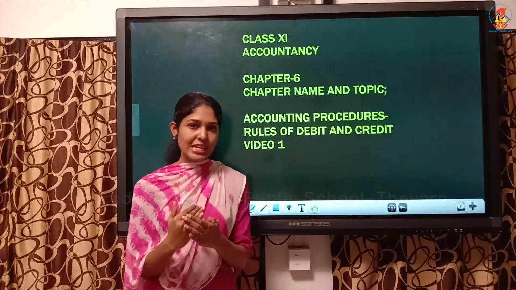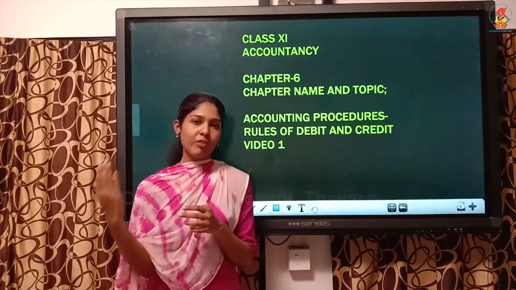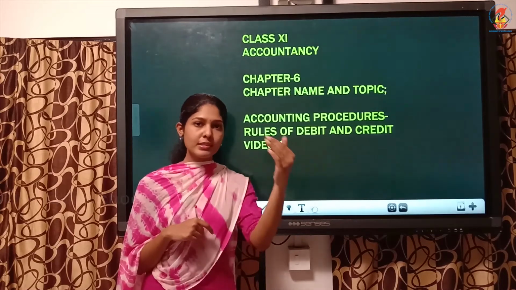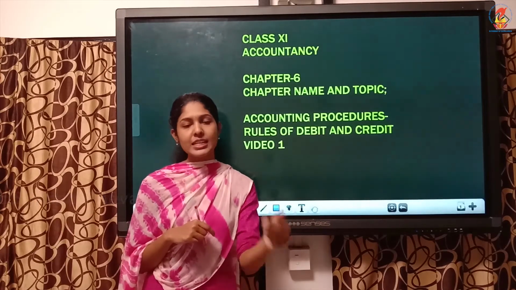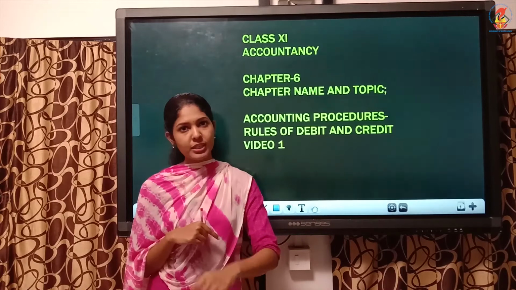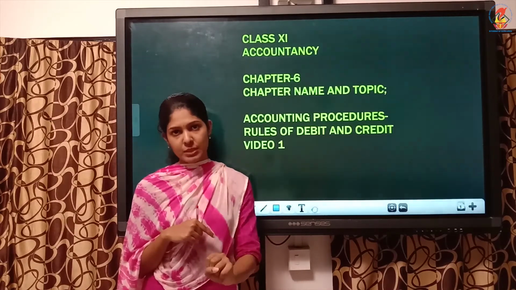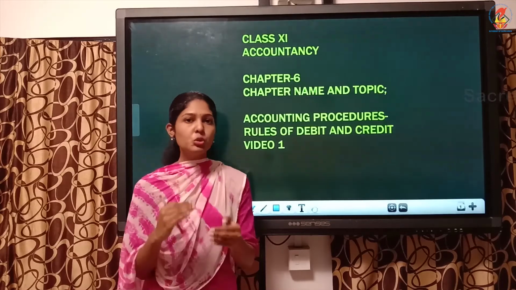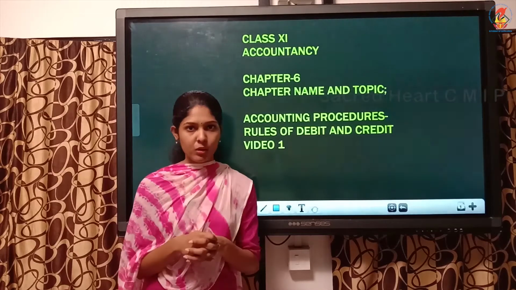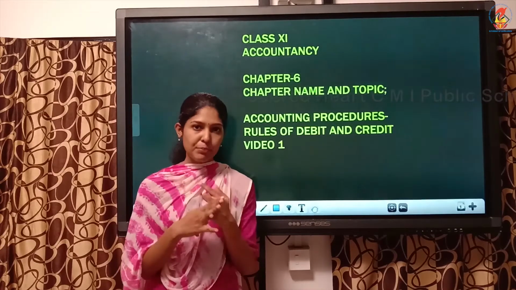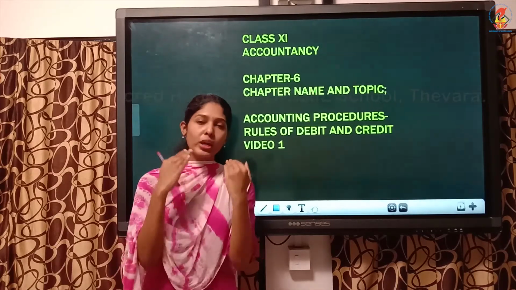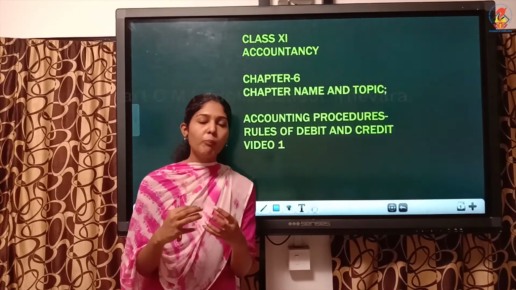Do you remember ledger? That is called book of final entry or principal book of accounts. Because once you record transactions in the journal, soon after that the journal entries will be transferred from journal to ledger, and that process is known as posting. So all those we discussed. When you do ledger, how are we doing it? For every transaction we will be preparing accounts like cash account, capital account, bank account. Different accounts would be there in every transaction. For each and every transaction we will be opening accounts.